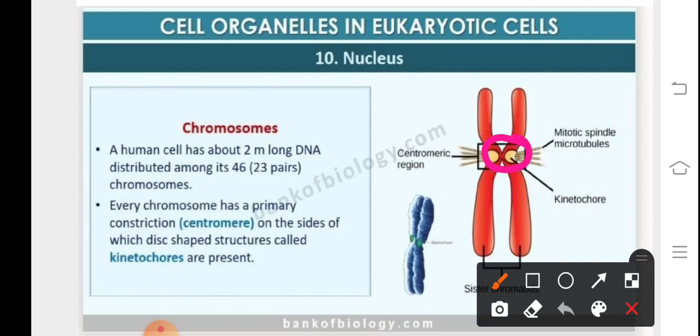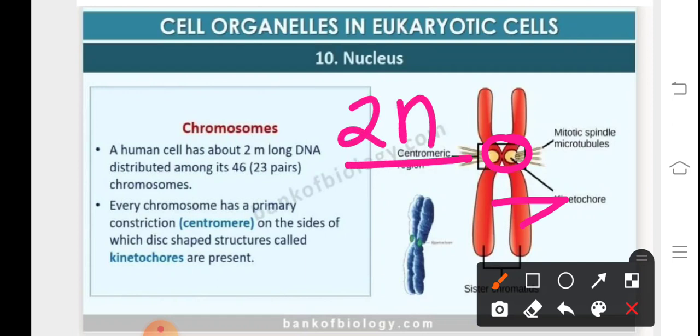In the center, we find the centromere which holds the two arms together. The finger-like or ribbon-like structures are referred to as chromatids. They are called sister chromatids if they are of the same chromosome. In organisms like us, we show diploidy, we are 2n. We've got two sets of chromosomes. So in that case, we are diploid. That means we are referred to as 2n.